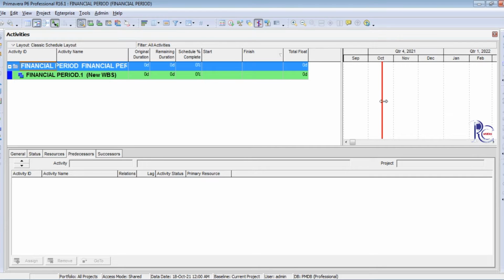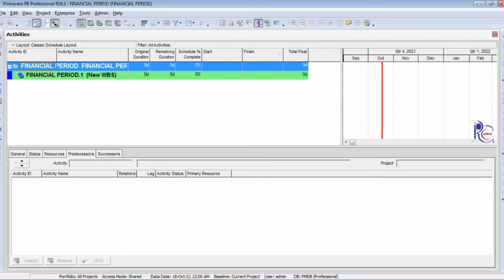This is the Gantt chart tabulation. This is for the schedule purpose, and schedule detailing is also presented in the Gantt chart. And this is the resources and predecessors. This is an additional option of Primavera P6. And this right side area has an assigning tool, add, assigning, and so many predecessors and successors are presented here.